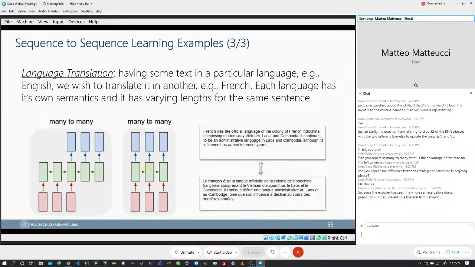Not really, because this embedding contains information only in one direction, while in the case of a bidirectional network, you mix information also from the future when predicting the one in the middle. The bidirectional one, to be honest, is more used